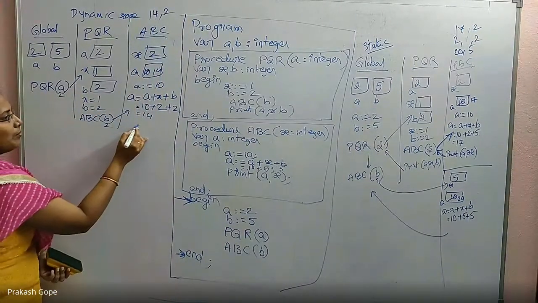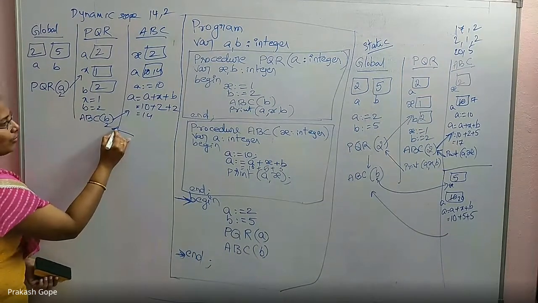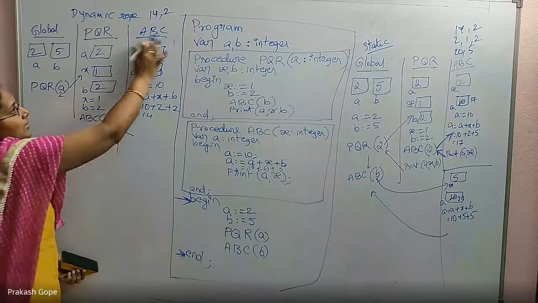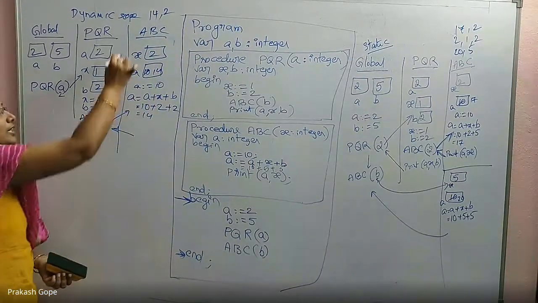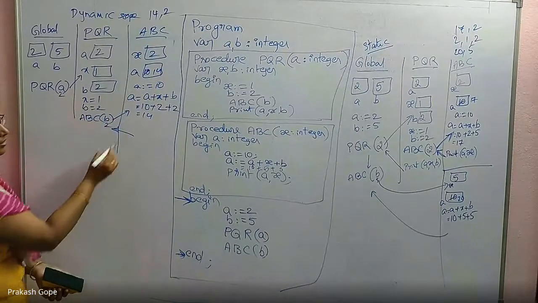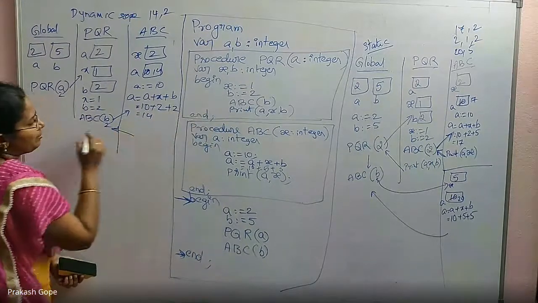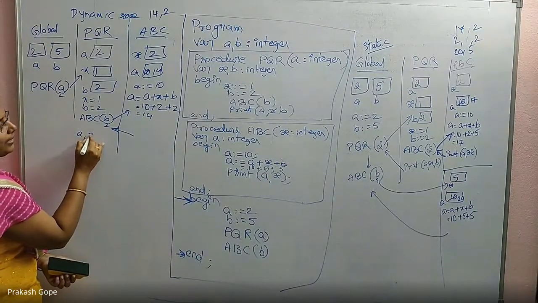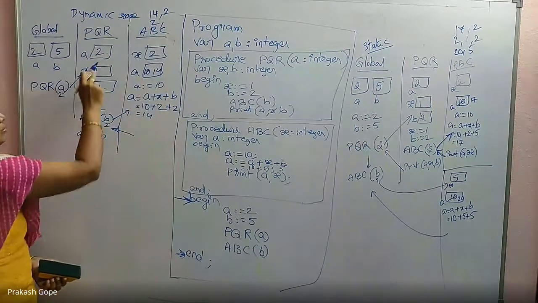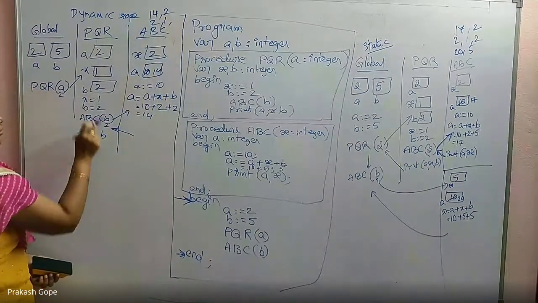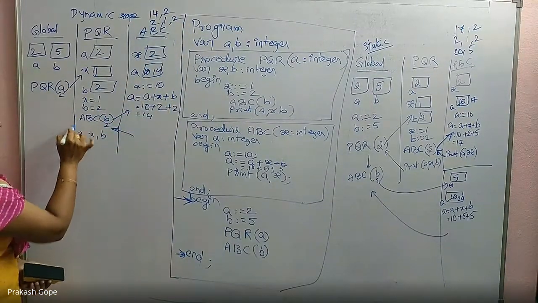Printed. Printing completed, go back to the calling environment. When I go back to the calling environment, obviously this entire memory is released. They are not available anymore in the memory. Erased. Okay. Come back and continue. There is a print statement pending. What is that? Print A X B. A value is 2. X value is 1. B value is 2. Yes, this is also finished.